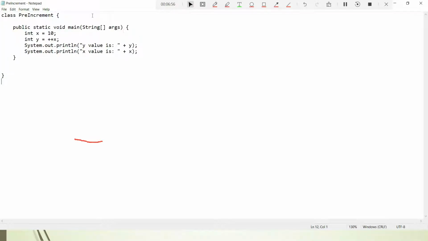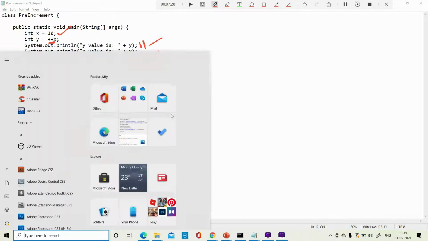Here we can see that everything starts normal. This is pre-incrementing: the x value I have declared as 10. X is getting pre-incremented, which means x will become 11, first increment and then send the value. So what is the value of y, students? The value of y is 11, and x is already incremented, so it is 11. You will get the output 11 and 11. We will execute and see that.